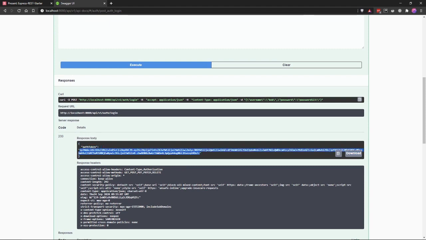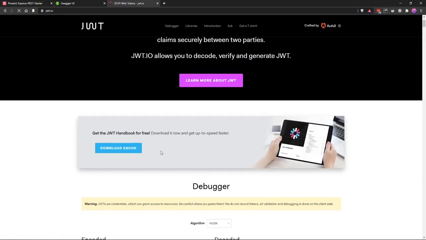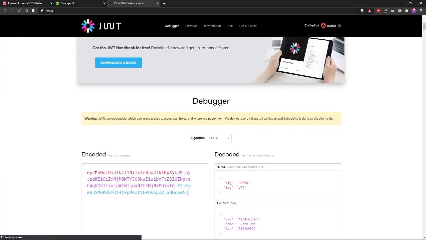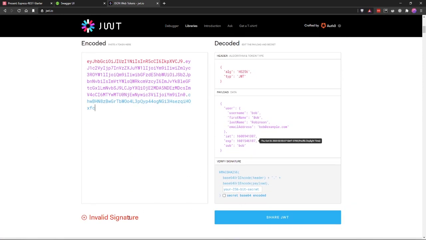And by the way, we can actually verify or see the contents of this token by going to jwt.io and pasting in our token. There you go. You can see it's Bob Robinson. And the only thing here is it says that there's an invalid signature, and this is because we have to add our secret key. So once we give the appropriate key, then we can say that the signature is valid,